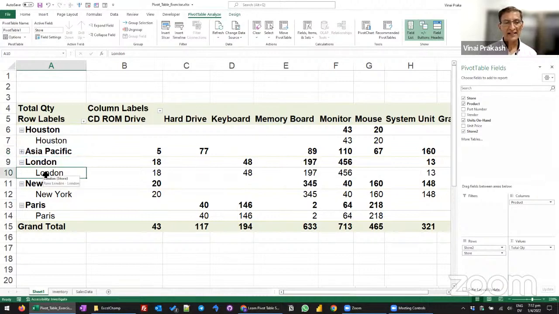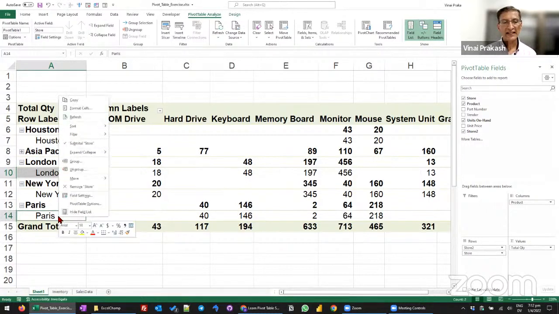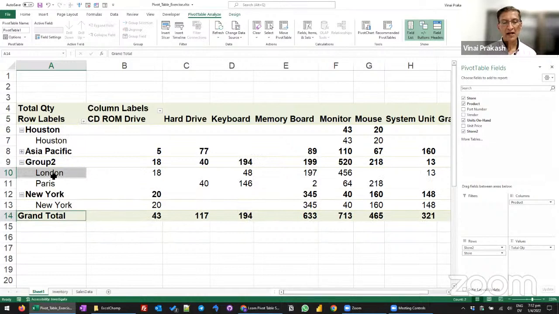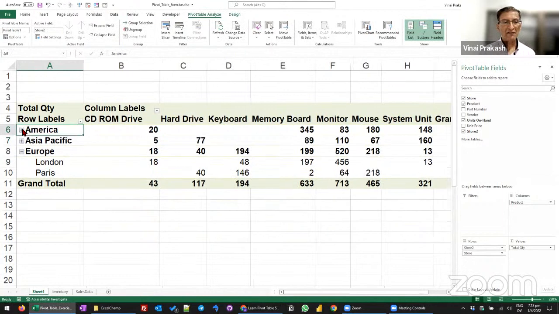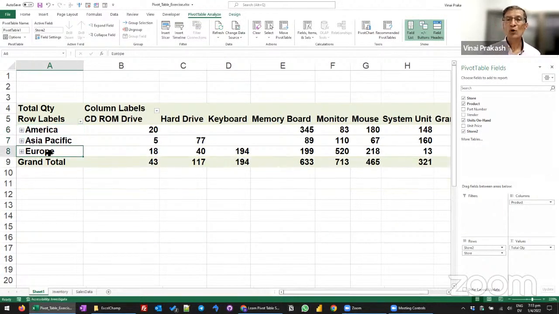How about we take London and we take Paris? So again, we hold the control key and pick London, control Paris. Now we are going to right click and group. This becomes our group 2, which we can call Europe. And finally, we have Houston, control New York, right click, group, and this group 3 will be our Americas. Okay, that's it. So now what we have done is we have collapsed our 6 stores into only 3 major